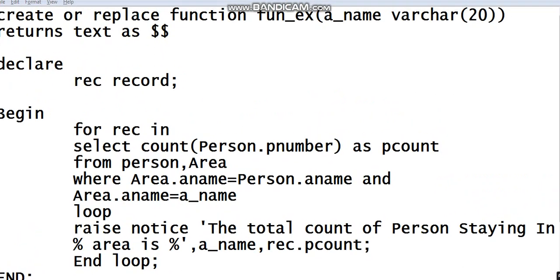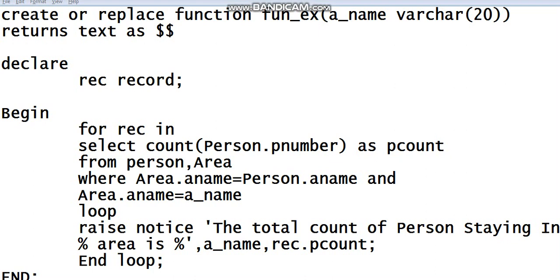Create or replace function, function name, and the area name you are going to pass as the parameter. Then returns text as, the dollar signs, declare a variable of type record, begin, for rec in select count(person.p_number) as p_count from person, area where area.a_name is equal to a_name.